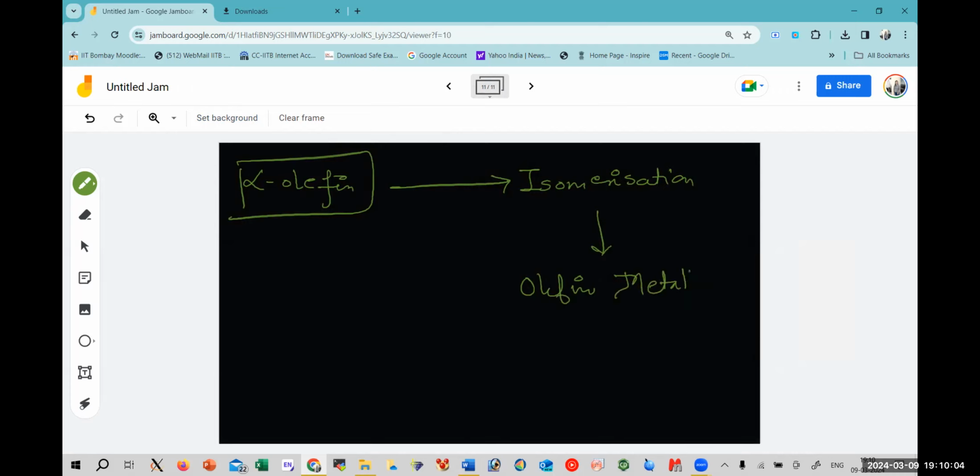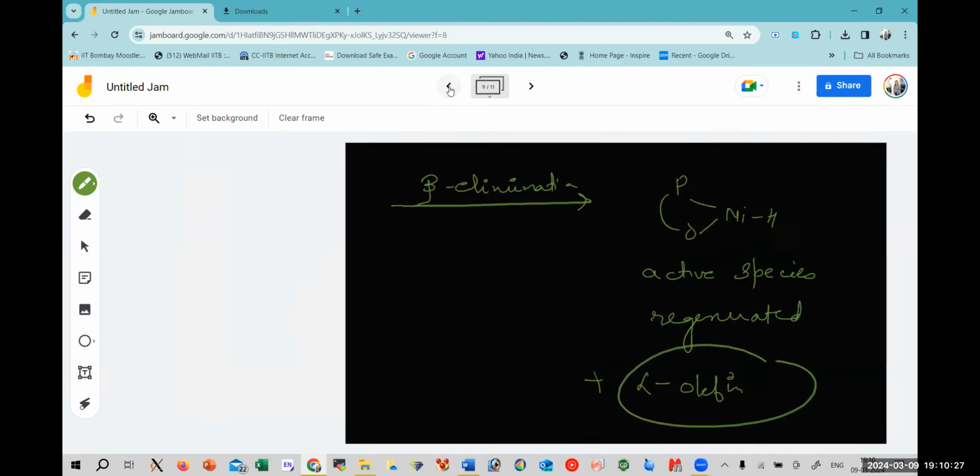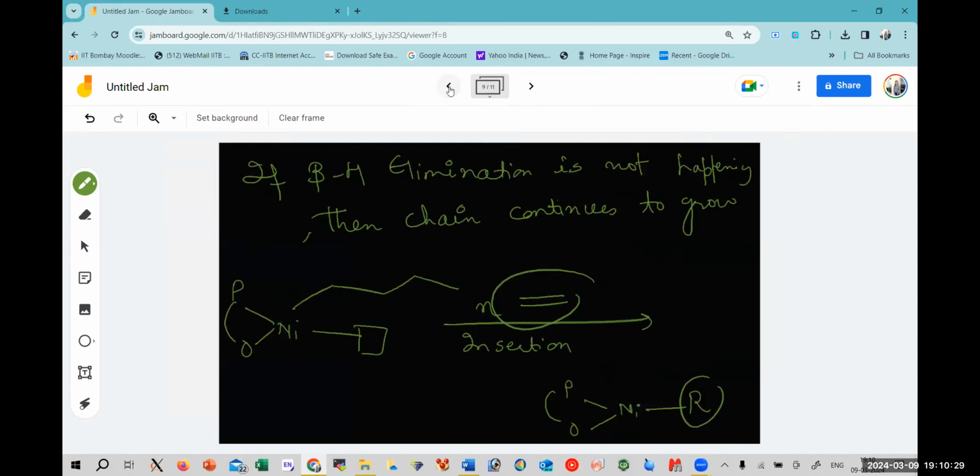This we have already covered in our previous slide section, and this would then follow the SHOP process, which would give you in between C8, C12 to C18 molecules. So this is the way we are going to get our possible products when we are having coordination as well as insertion steps. What chain is going to be formed,